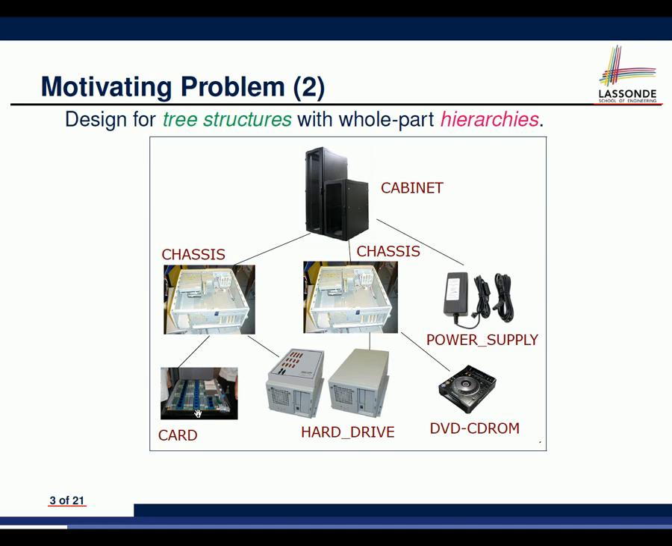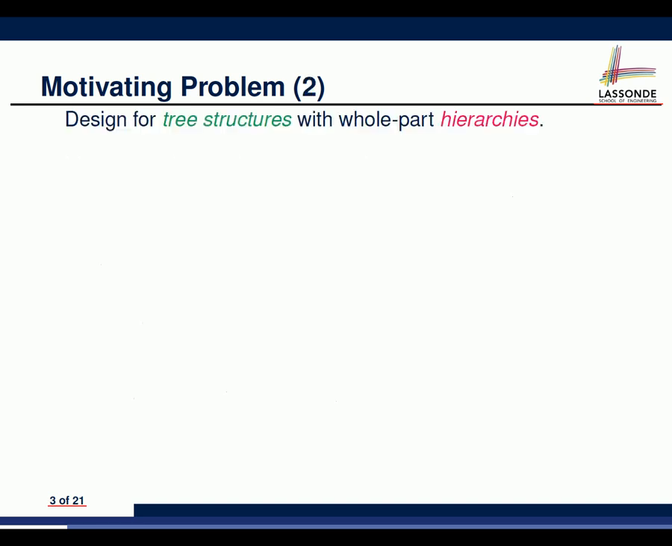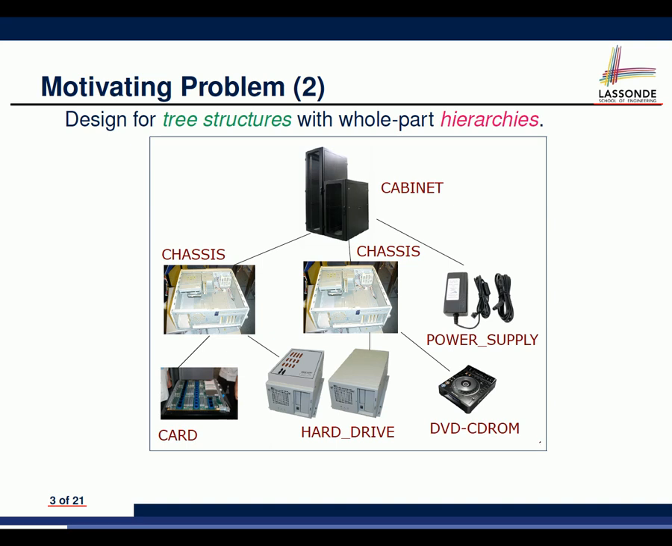Then the question is, how do we do that? That's basically the motivating problem we have. We want to design a system that will allow, first of all, building a tree structure like this. And the second thing is, let's say every piece of equipment we are talking about, for example a card, hard drive, and DVD drive, has a feature called price. Let's just make it easy. Let's say every basic part over here is